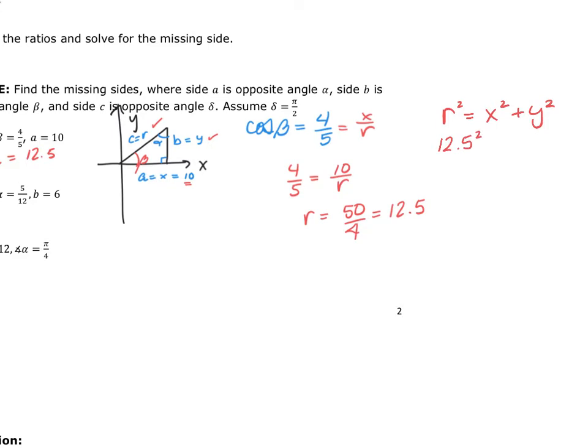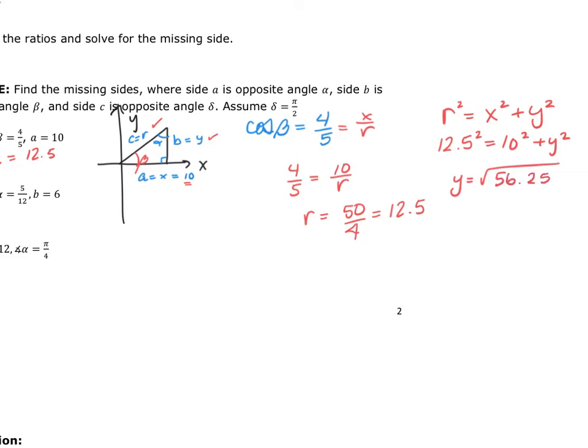And so we're going to take the 12.5 and square it. We know what x is. That was the 10, so that's 10 squared, and then plus y squared. Solving for y is going to be the square root of, I'm going to get my calculator out. I'm going to square 12.5, and then I'm going to subtract off 10 squared, which is 100. And I get